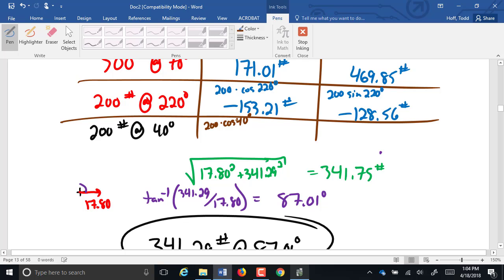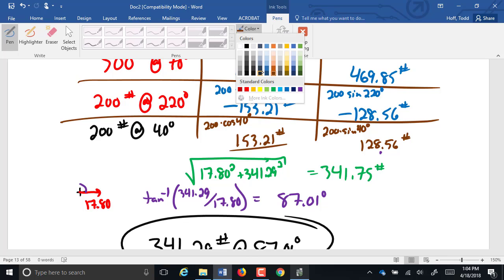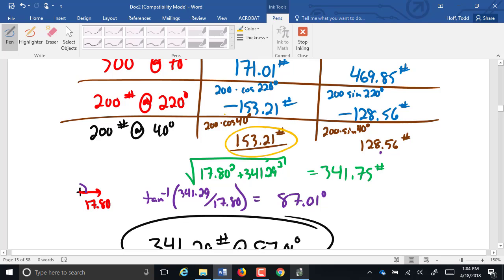You punch that in the calculator, what do you get? 153.21 pounds, right? Its vertical component would be 200 times the sine of 40 degrees. You punch that in, you get 128.56, yes. Notice